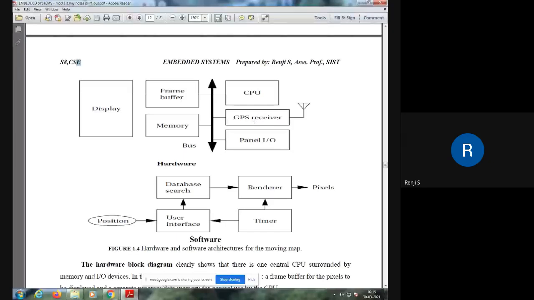Then there is the frame buffer, for temporarily storing the data to be plotted on the display, and memory for processing. The CPU needs memory for storing the programs and instructions. All these come under the hardware units of the GPS tracking system, the moving map system.